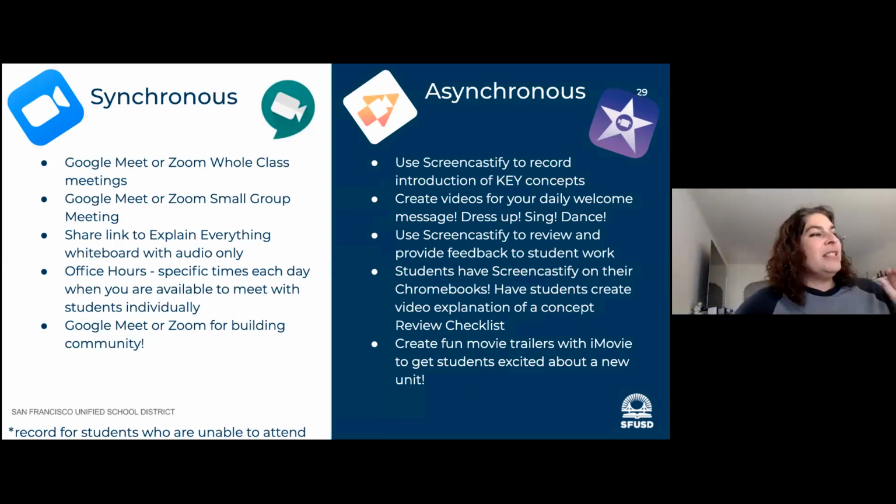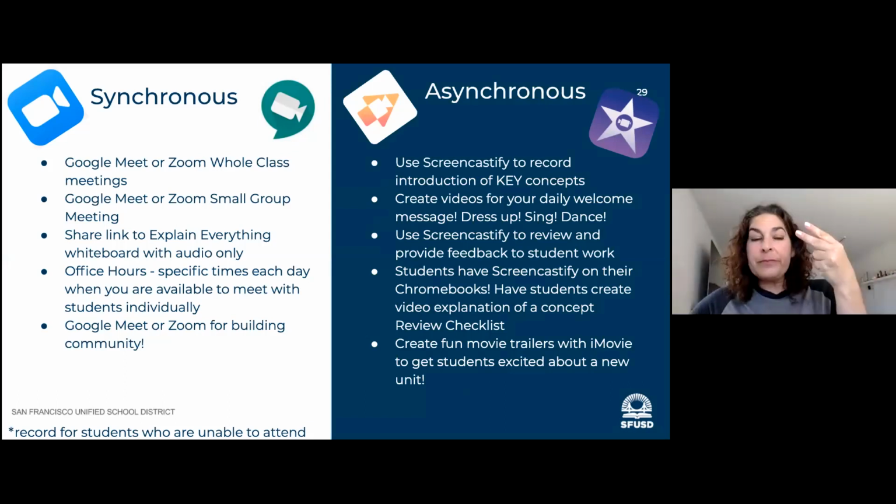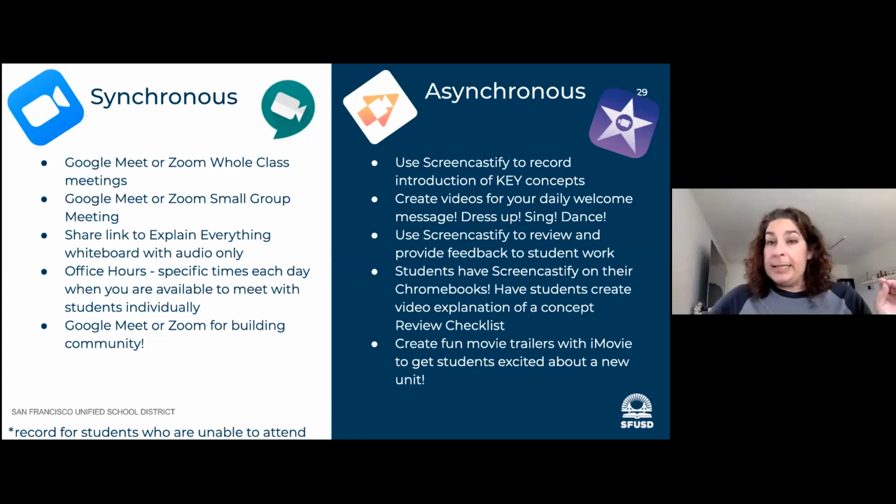So synchronous, we have 2 tools in our platform for SFUSD for synchronous meetings, and you can choose which one's going to work best for you. We have Zoom, which you guys are on right now with me, or you have Google Meet. Now Zoom is a really robust tool, it's got all of the fancy sparkly things.